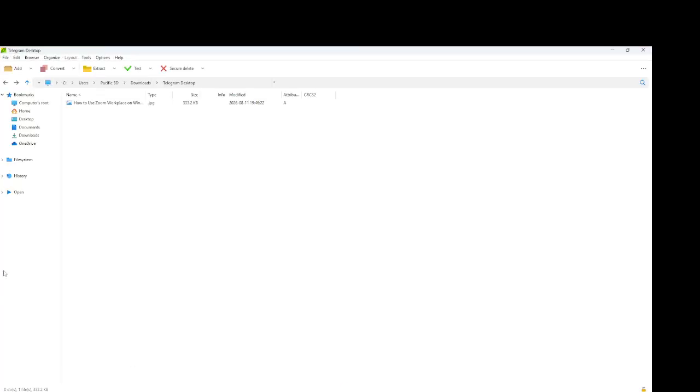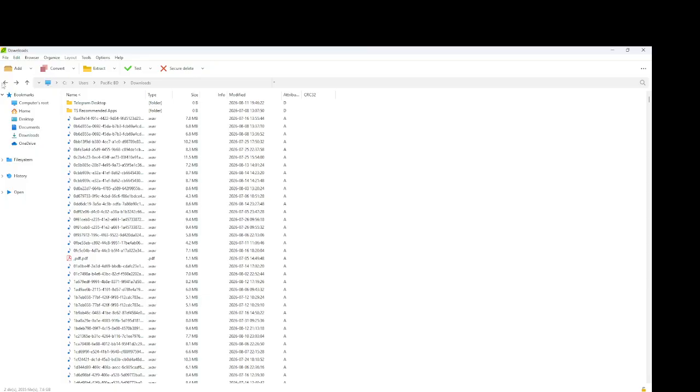When the extraction is complete, open the Output folder and you can access the extracted files. So extracting a 7Z file with PeaZip is very easy. Just download the 7Z file, open it with PeaZip, select Extract, choose the output location if needed, and start the extraction. That's it for this